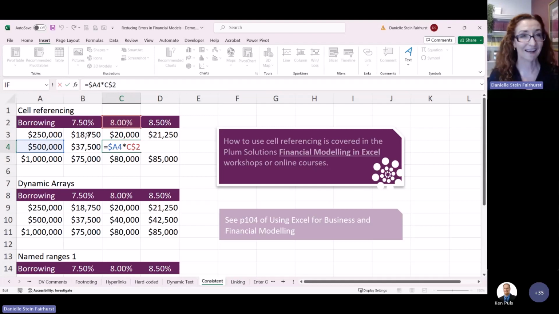Yes, that's true, Ken. Pivot tables use consistent formulas. Yes. A lot of the new things are really encouraging consistency of formulas. And same with tables. When you put a formula inside a table, it's going to be consistent and goes all the way down. And we're really trying to encourage that. And it's certainly best practice in financial modelling. Excel allows you to have inconsistent formulas, and it's just a bad idea.